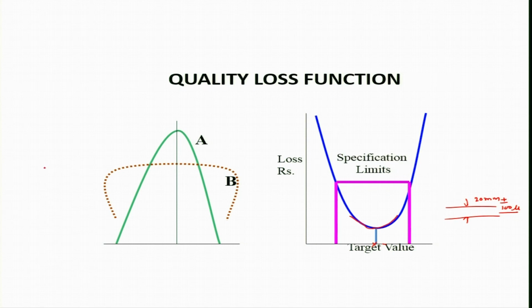This is the second example conveying a similar kind of thing. Both manufacturer A and B are producing within the tolerance limit, but B is producing a uniform kind of distribution where all types of products are produced from the left corner to the right corner. Whereas in case of A, most of his products are falling very near to the target value. If we say this is the target value, most of his products are falling close to the target value, few are going away from it. So the quality of products of A will be much better as compared to the quality of products